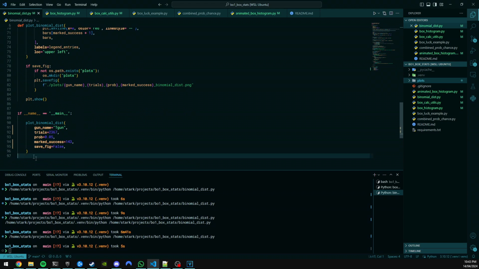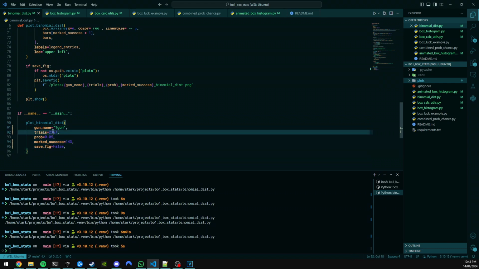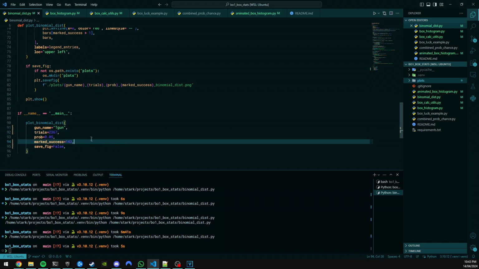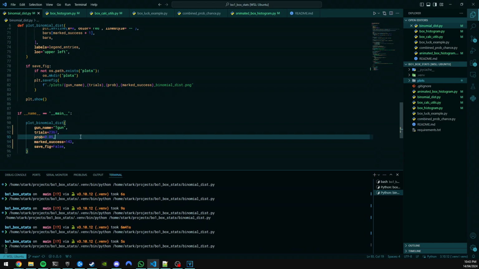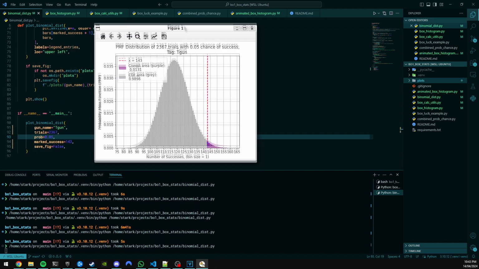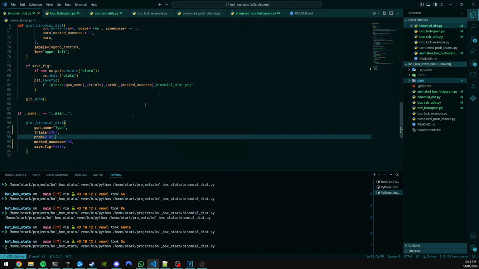scroll all the way down, and here I've just made it as one function, and all you need to give is a name. You don't need to give a name, but you can put a name in, and the number of times you hit the box, the chance of success, and the marked success. Here I'm using, for its numbers, 20 guns, 1 in 20, this many box hits, and this is the marked success. And once you run it, give it a sec, it will make a plot, and you can change the